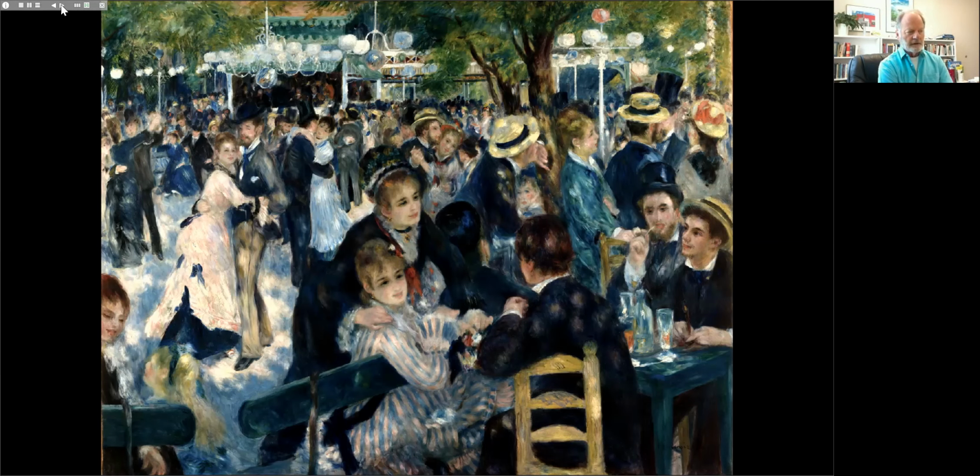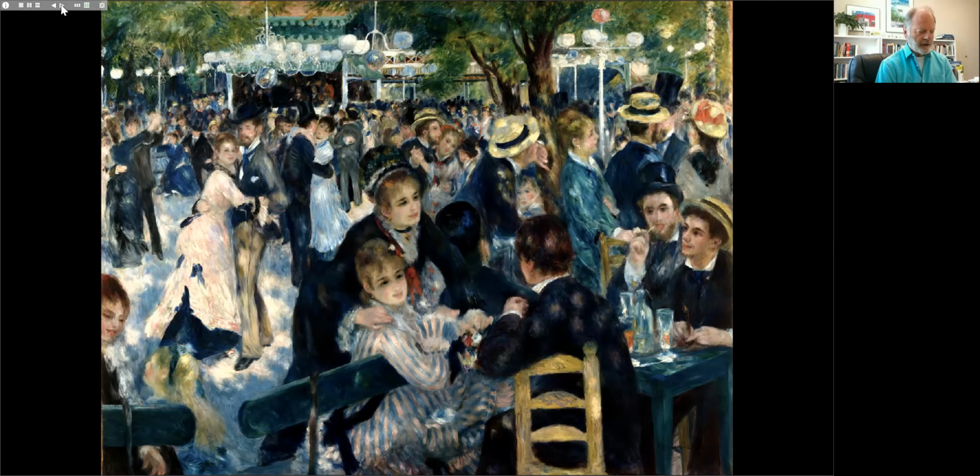But he also continued to struggle with en plein air painting and the challenge of rendering a human figure in natural light. Now, the painting you see on the screen, one of his best known, is called Le Moulin de la Galette. This was located on the hill of Montmartre, north of Paris, painted in 1876. This was a place where one might go, on a fine day, to dance out of doors, to enjoy social company, to eat and drink. It attracted a lot of artists, bohemian types, and members of the middle and lower class. So there was some class mixture here.